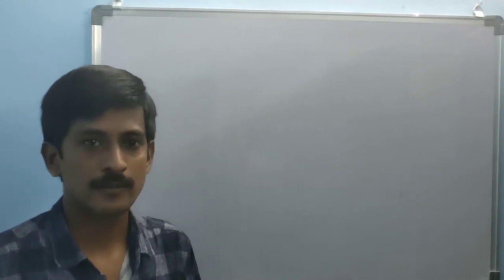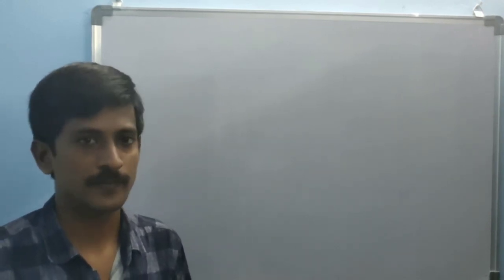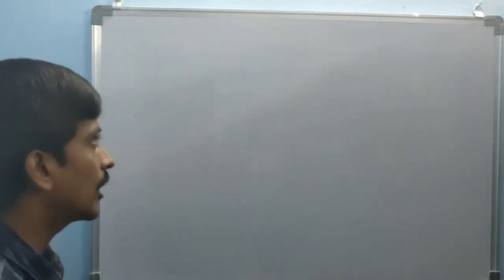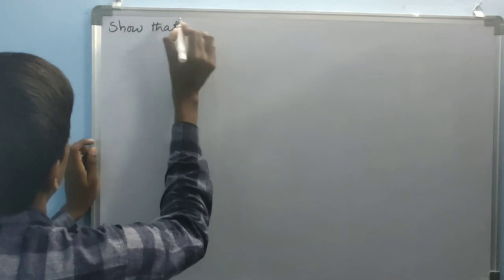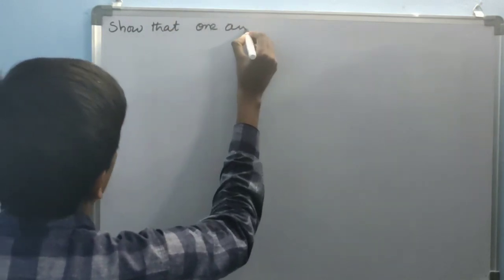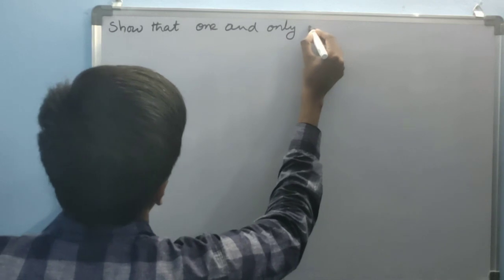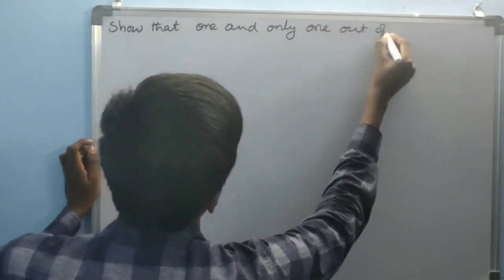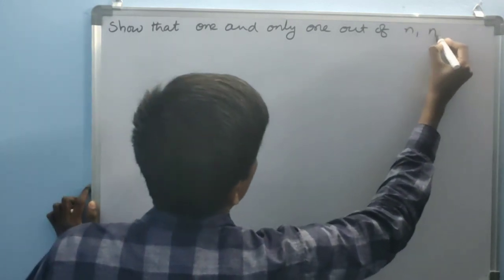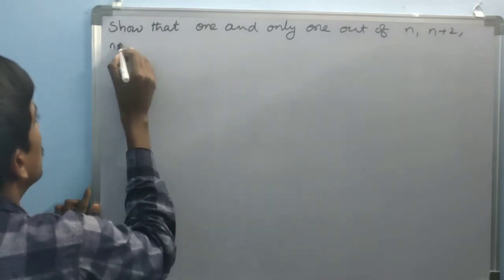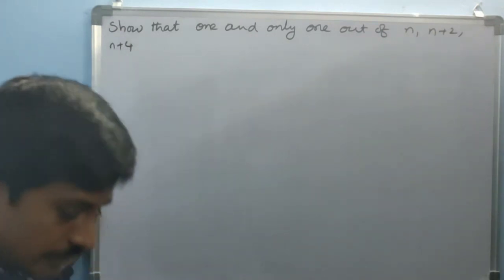Today I am going to explain exercise 1.1 fifth sum. Yesterday I already completed third and fourth sums. What is the fifth sum? Show that one and only one out of n, n plus 2, n plus 4 is divisible by 3,